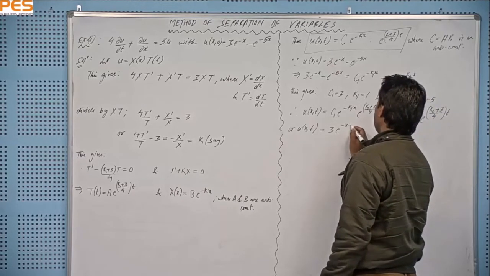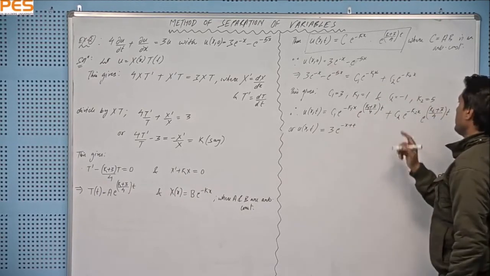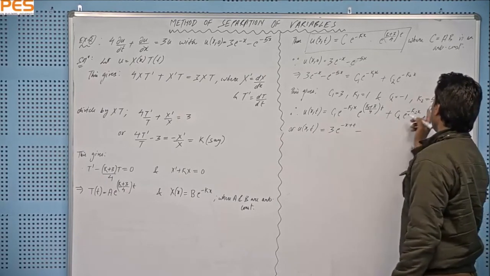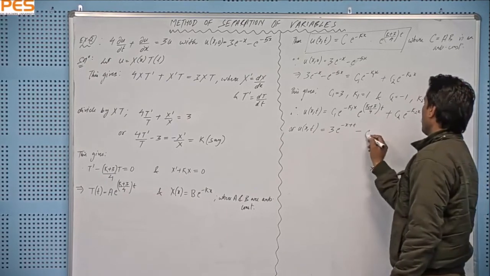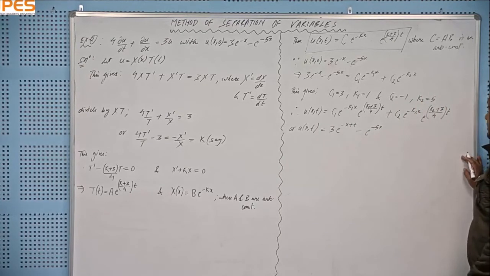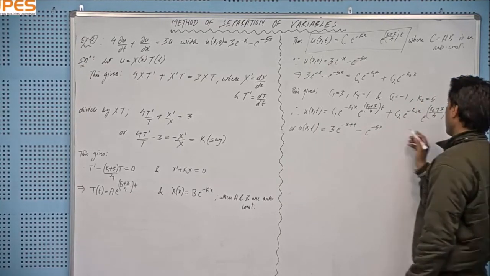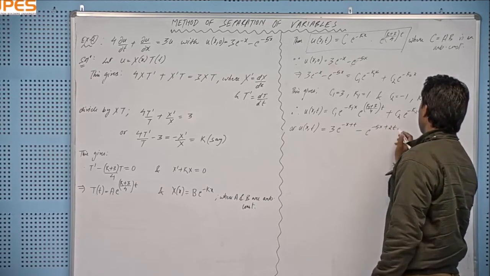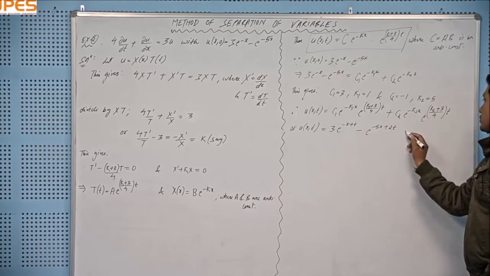And here minus 1, e to the power minus 5x, and here it will be 5 plus 3 by 4, 2t, is the solution,